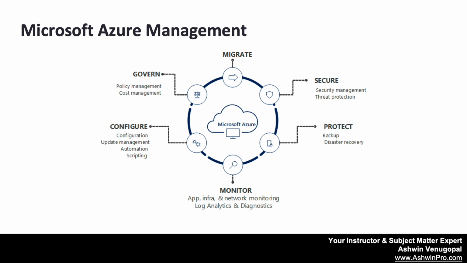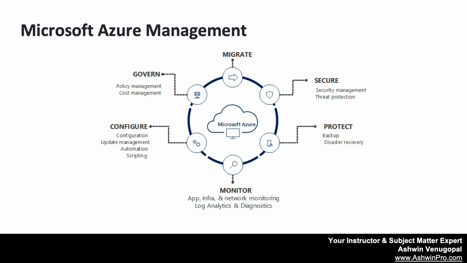Now, when you talk about configuration, this is something that your organization should already be doing. Configuration refers to any initial deployment or configuration of resources, or it could be an ongoing maintenance activity. Or it could be that you are trying to automate certain tasks. If there is any redundant task in the organization, you generally try to automate it, and things like that. And from the governance point of view, this is also something that you should already be doing currently. That is, you provide certain mechanisms or policies onto your infrastructure